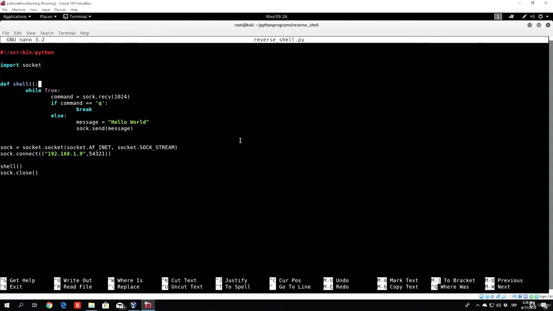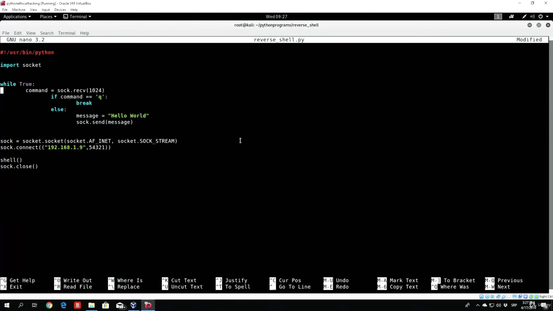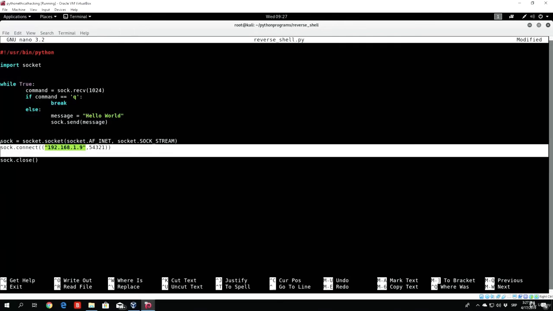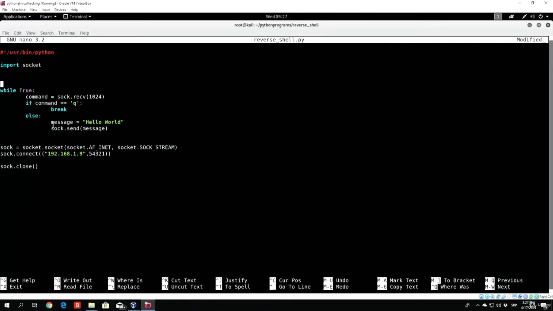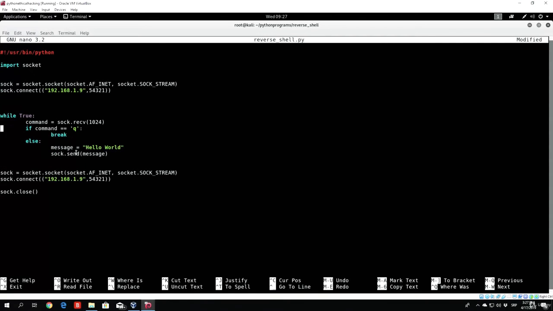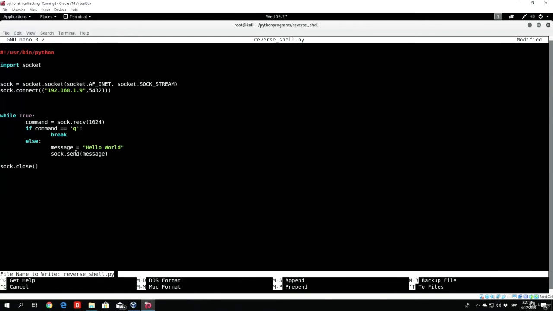Let us try to remove the shell function for now, so we can see if that is the actual reason why we are getting the broken pipe. So we just tab everything one step back and we delete this part right here, which is the shell function. We also need to call the socket creation before the while true loop. So we will just paste it right here and we will delete it from here. So if we save this program right here